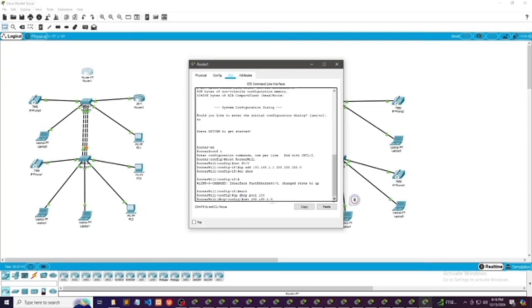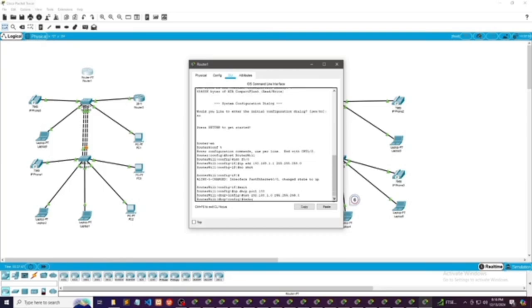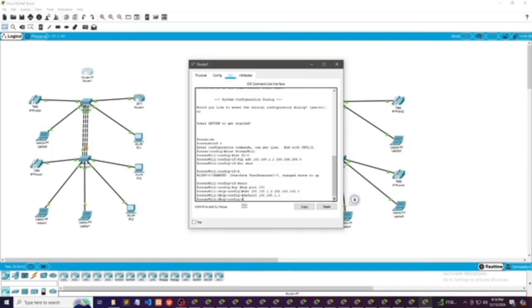And then enter, type default 192.168.1.1. It's the same one we used as the net above. So we're just going to use 192.168.1.1, but it differs in the default, which is 1, and in the net, which is 0. Then enter, type exit. After typing the default, you may now type exit. Then enter. After doing it, you can now close it.